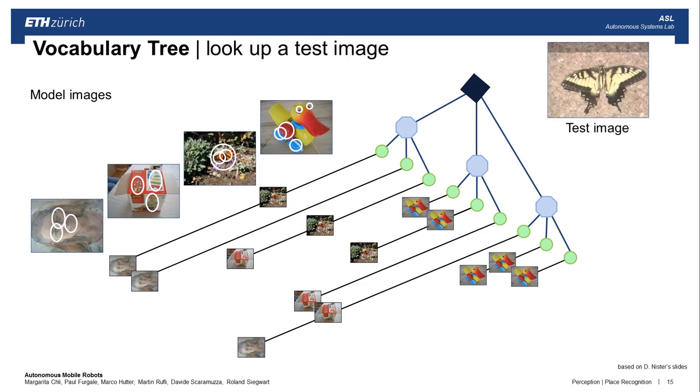So with a test image, in a similar way as we do the training images, we extract features. We extract the first feature and we let it go down the tree. And you can see that according to the feature that we've just extracted from the test image, these two images are more likely to correspond to the test image. Now, if we do this for the next feature